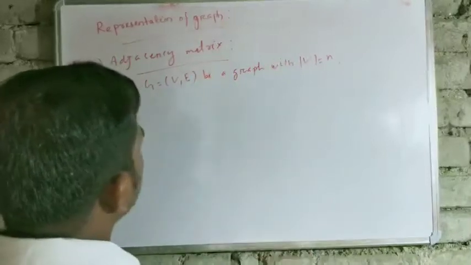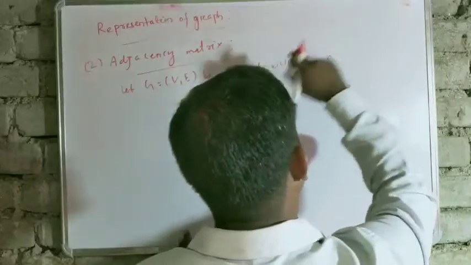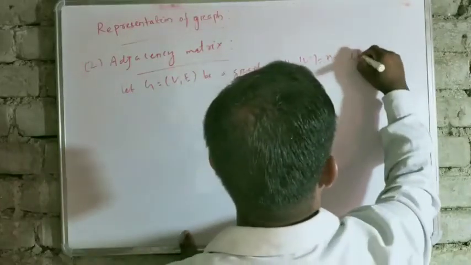So if G is a graph with mod V equal to N, then